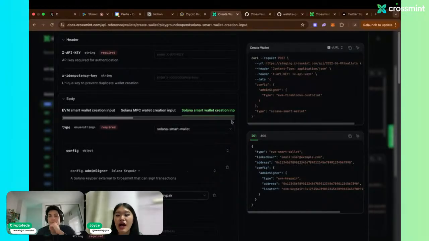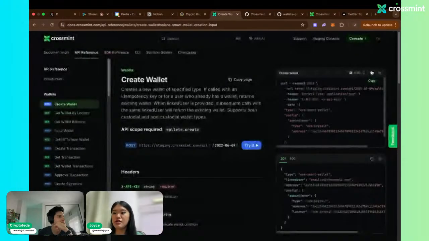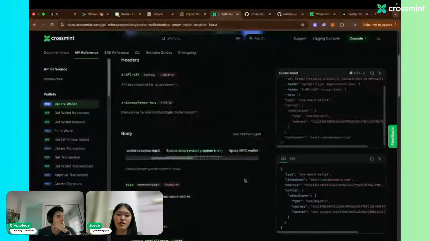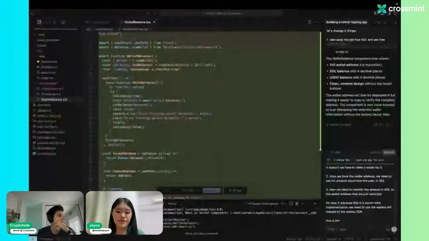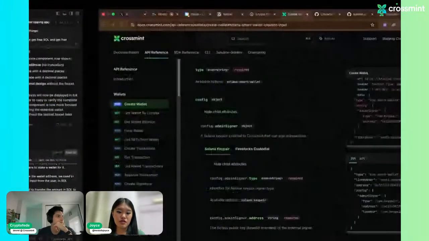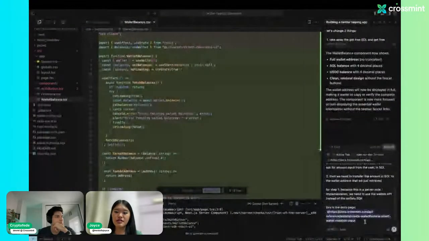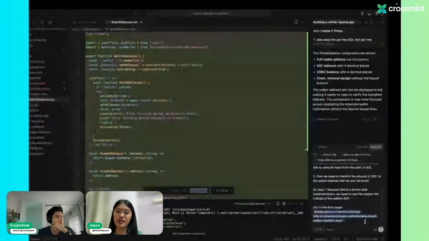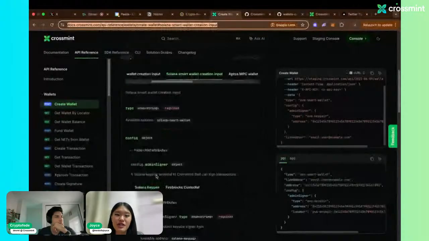Yeah. So I first of all am gonna tell Cursor that I want this to be number one, Solana Smart Wallet. Okay, so first of all, I'm gonna say this is the docs page. All right, so here, but I am a little concerned that it doesn't know how to index all these hidden dropdowns properly. So I'm gonna say,